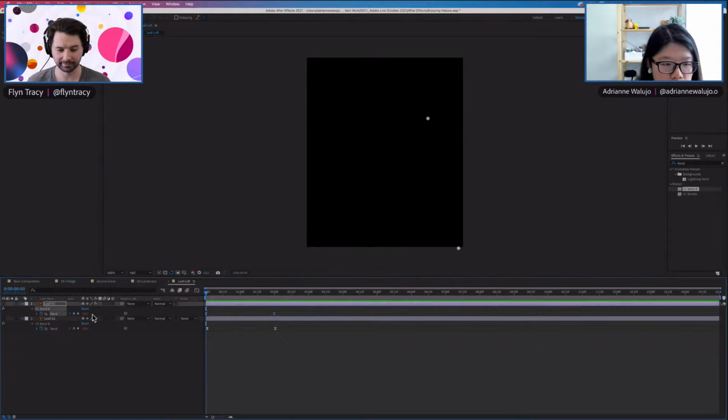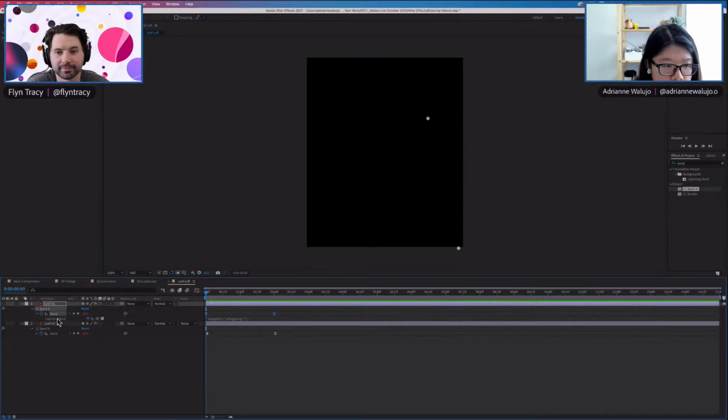Another expression that I like to use is when you click all. Here, loop out ping pong, so that means it will go A B A B A B. It's like a ping pong. It doesn't start, it kind of eases over to point A rather than jumps to point A. So that's a good one when you want to repeat the same movement again.